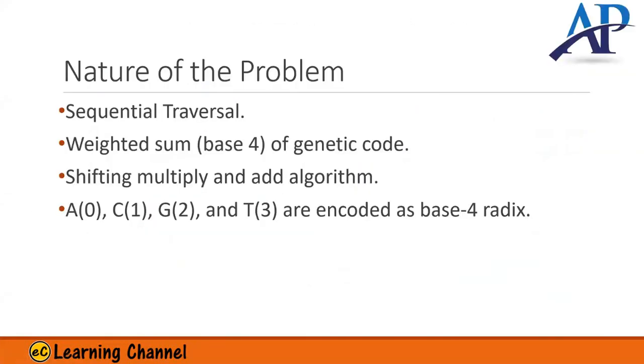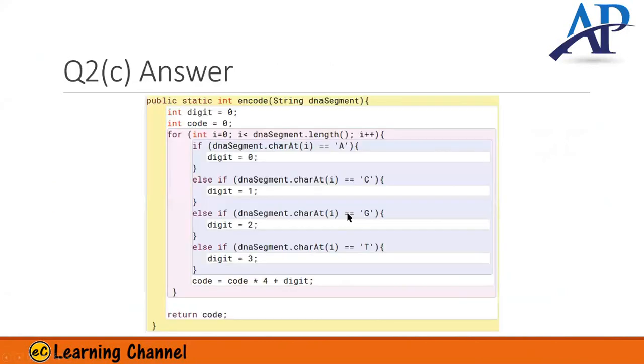So doing that, we get a weighted sum of base 4 for the genetic code, and it will be encoded into a base 4 operation. So we get a string, and each time we start from 0,